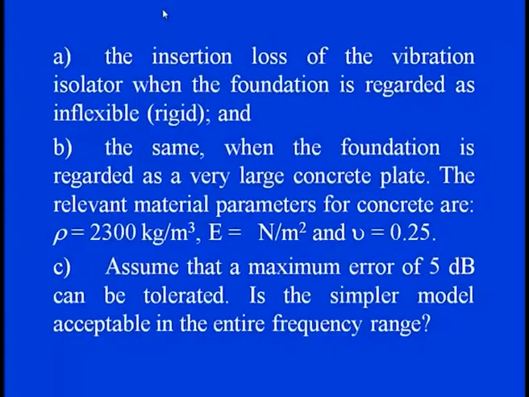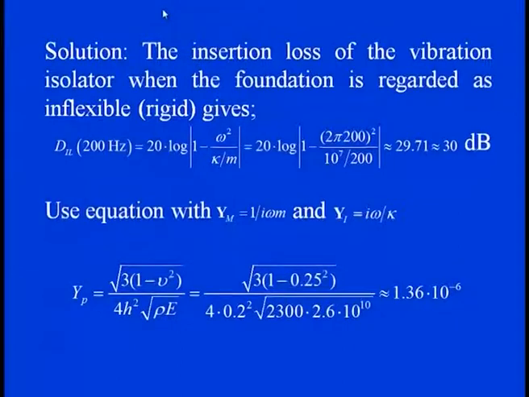Assume that now, in the third case, an error of 5 decibel can be tolerated. So, with this assumption, can the simpler model be acceptable for the entire frequency range of 100 to 200 hertz, or do we need to change the model to formulate this? As we know, the insertion loss of the vibration isolator can be straightaway calculated when the foundation is